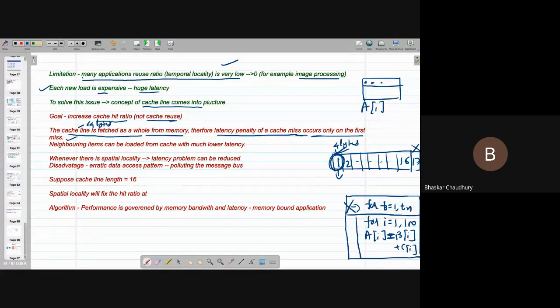In this case, what is happening? Is there a temporal locality here? Is there a reuse in this case, if this outer loop is not there? No, sir. You are never going to use A[i] again. If you have already used A1, you are not going to use A1 again, right? This part is clear, right? Yes, sir.